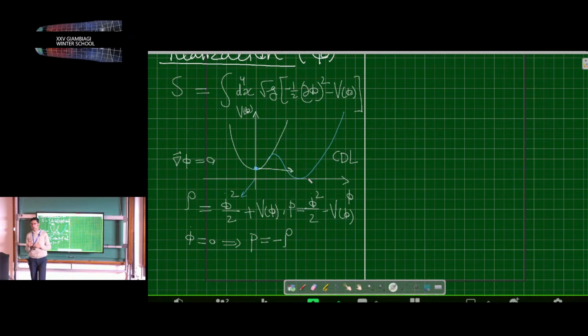However, this is not phenomenologically acceptable. Why? Because there are several reasons, but the simplest reason is that the Coleman-De Luccia bubble creates a universe which has curvature, it is negatively curved. And as a result, right after the end of inflation, you will have omega k of order 1.